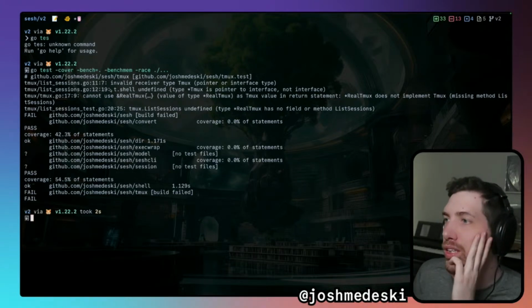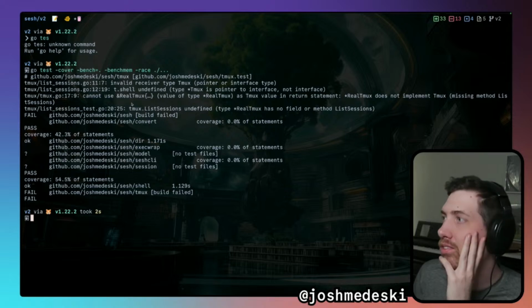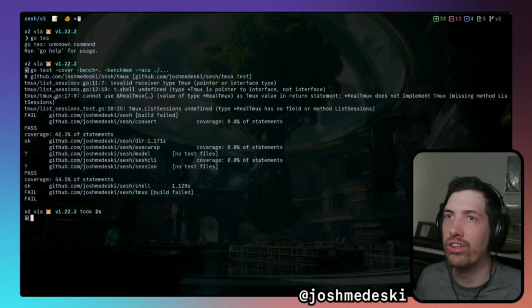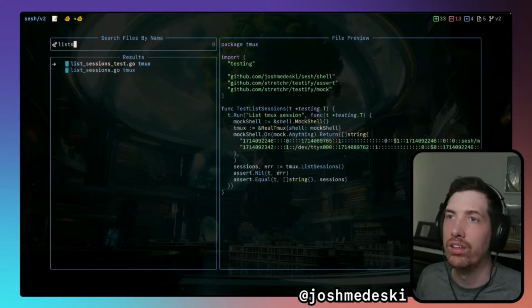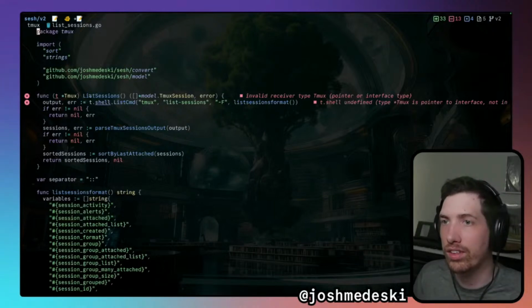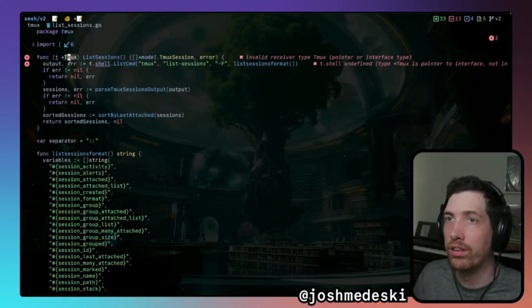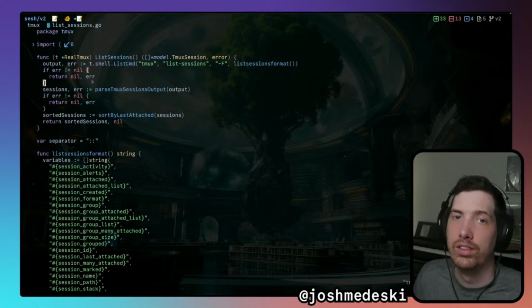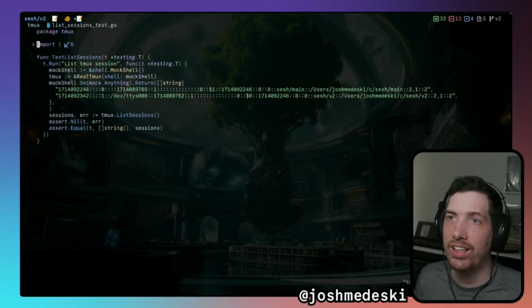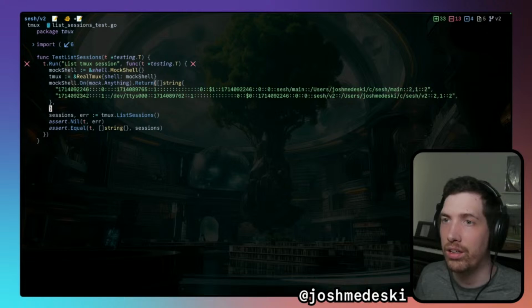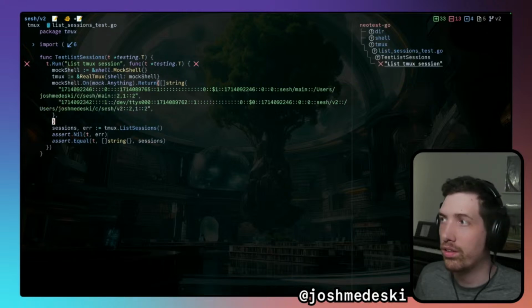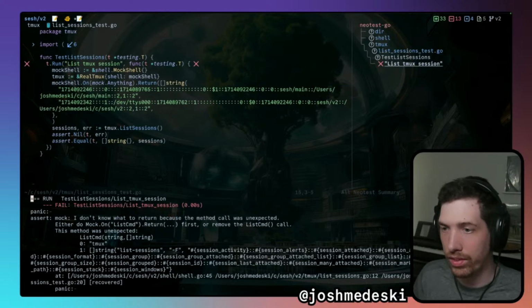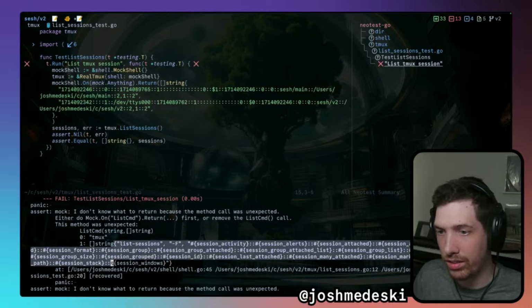Cannot use real value because I'm missing list sessions on real Tmux. Got it. So this guy needs real Tmux. See, I'm getting the hang of this. I get a sense of what these patterns are supposed to be. Is that enough to make it run? Yeah. So basically,